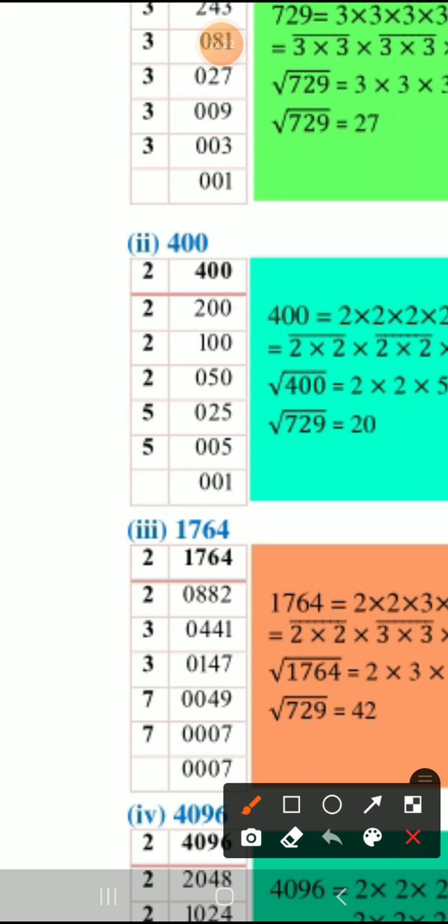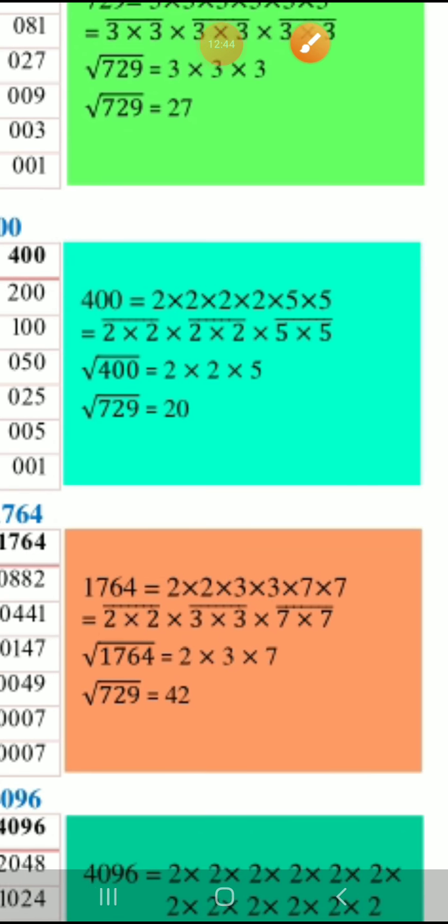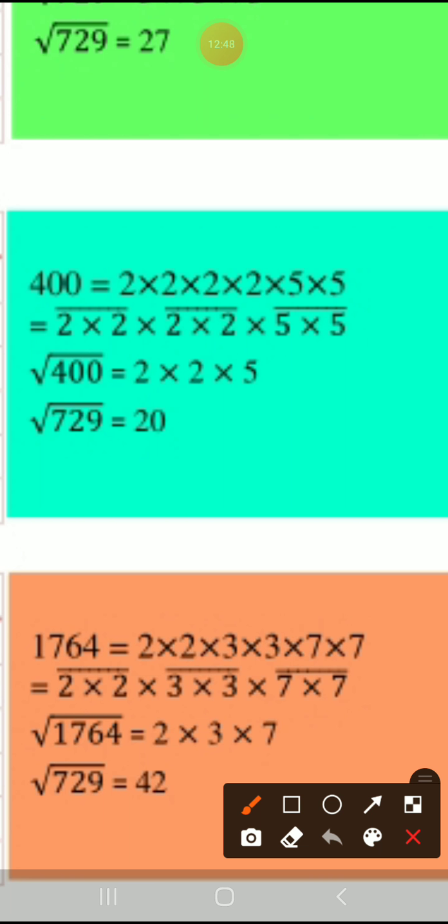And one more thing, remember to try to take the divisible numbers in pairs. Look here, one pair I have taken, 2 pairs. If not possible, next we can take another number, but make sure that we can make it pair again. So here 3 pairs are there, right? What are the pairs? 2 into 2 into 2 into 2 into 5 into 5, as you can see here. So 2 to the 4, 4 to the 8, 8 to the 16, 16 5s are 80, 80 5s are 400, right? Like that it is.